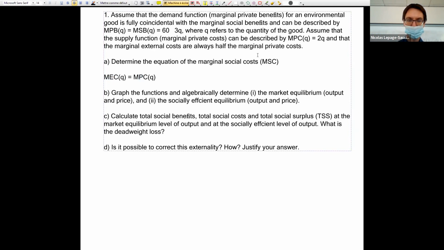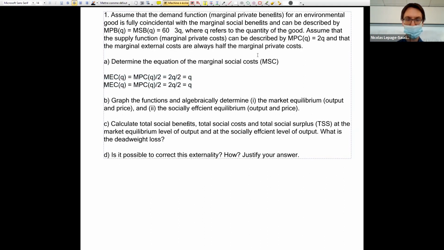Right, 2, so it's equal to Q divided by 2Q. So the marginal social cost is equal to the marginal private cost plus the marginal external cost. That's equal to 2Q plus